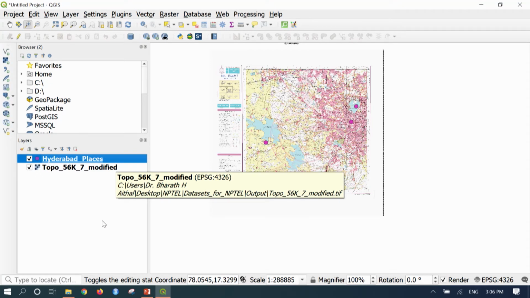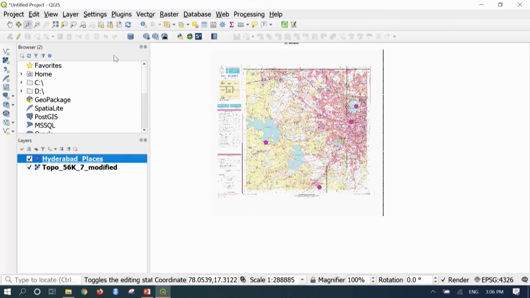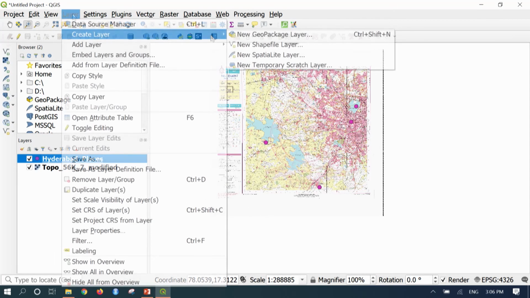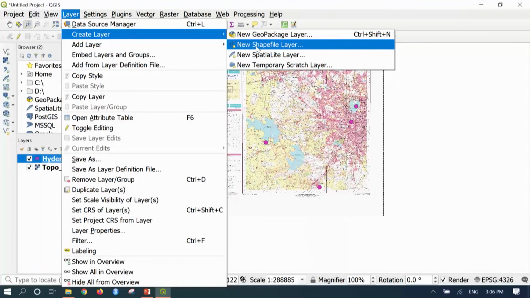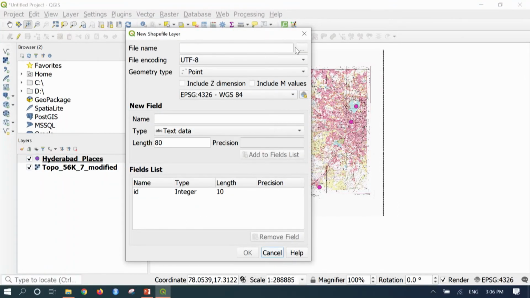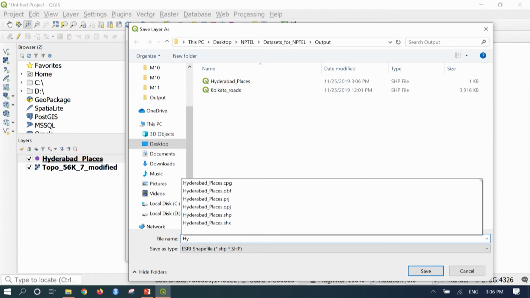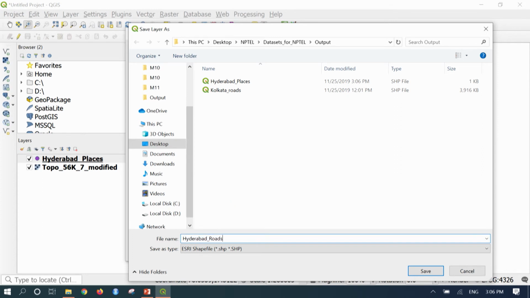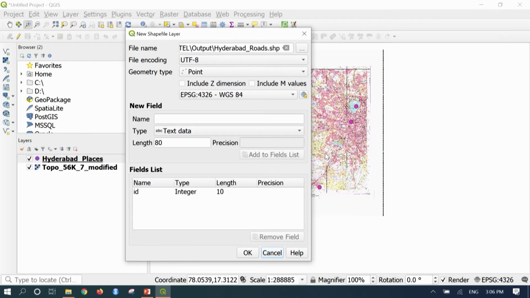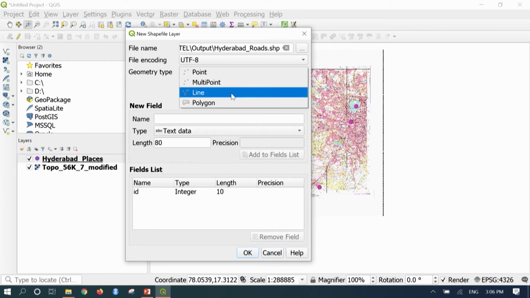Now, let us see how to create line features such as roads or rivers. So, to create a line layer, go to create layer, new shapefile layer, and here in the file name I will go to browse, and give the file name as Hyderabad_roads, then say save. Now, in the geometry type, since we have given roads, it should be line,